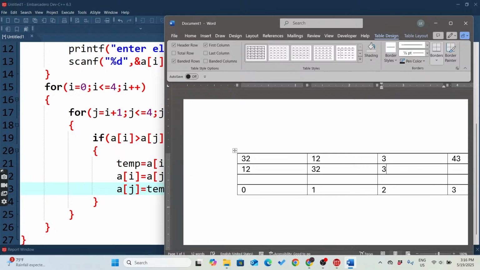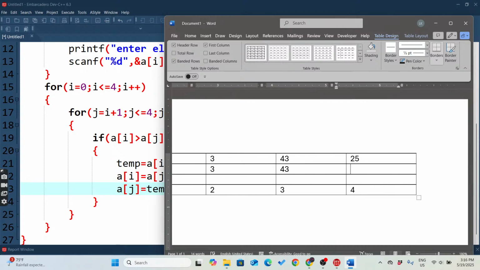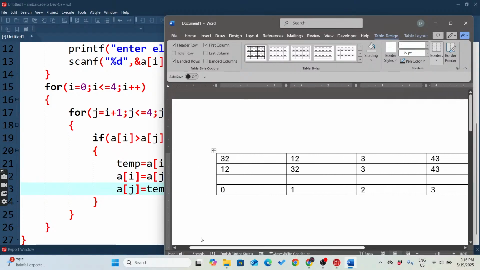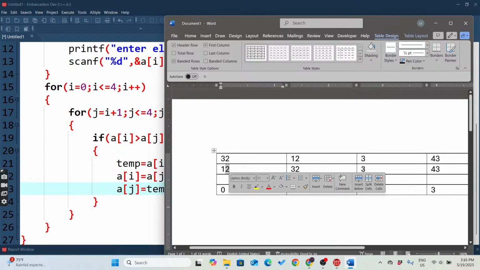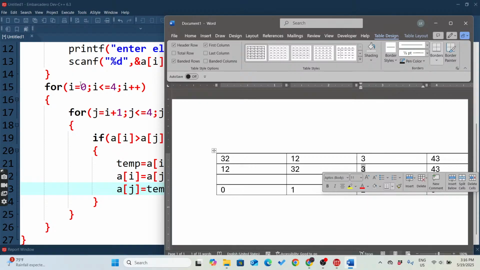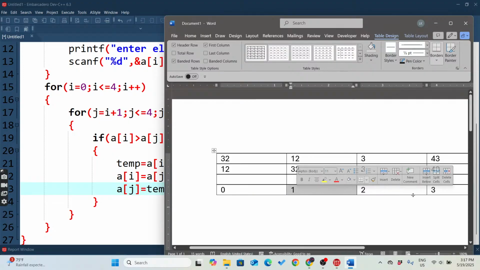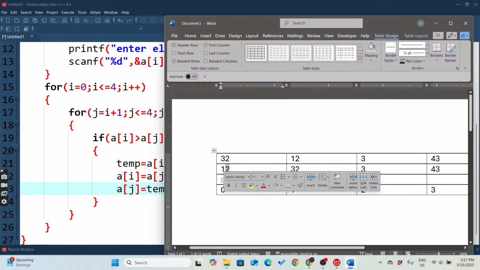This is 3, this is 43, this is 25, yes. Now in the same iteration, when the value of i is 0, what happens? Now this 12 is compared with the 3, at the same location, meaning for the i equal to 0, j is 1, then 0 plus 2, 0 plus 3, it is compared there. So 12 is compared with the 3, and 3 comes here, let's write it here, 3,